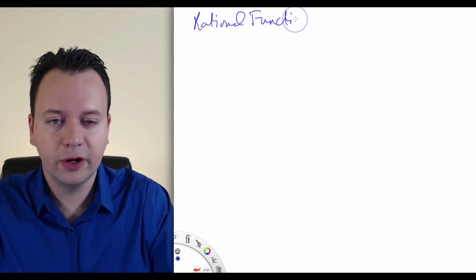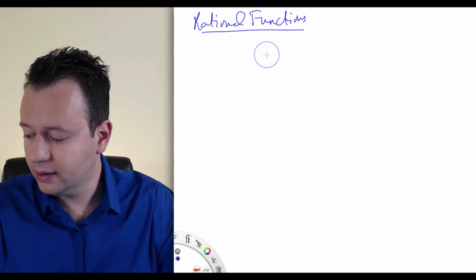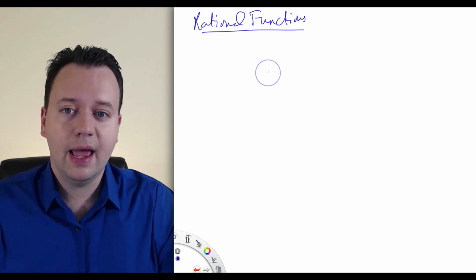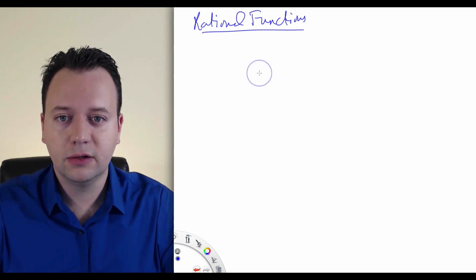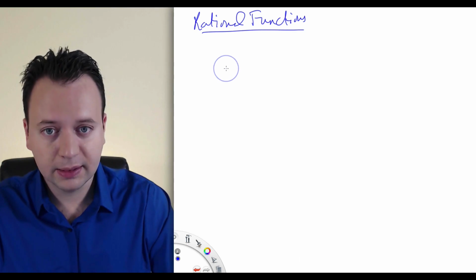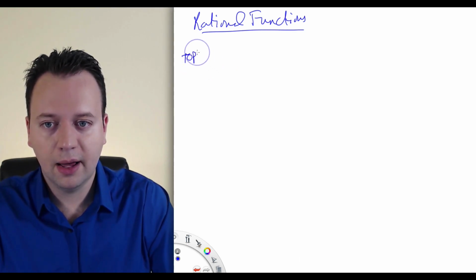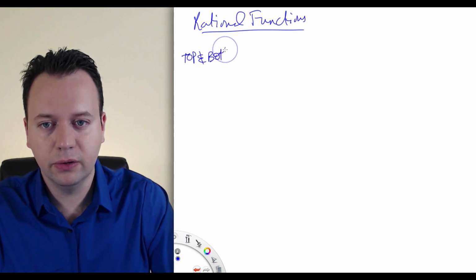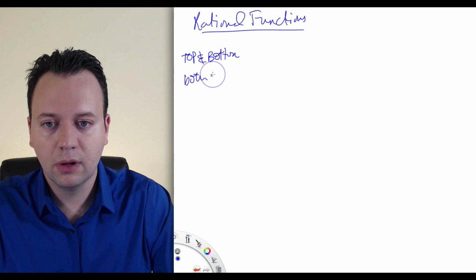A rational function is just a ratio of two polynomials. Now there are three main cases, and when you take the limit as x goes to infinity of a rational function, there's always a simple way to see what the limit is. So first case is when the top and bottom, in other words the numerator and denominator, both of the